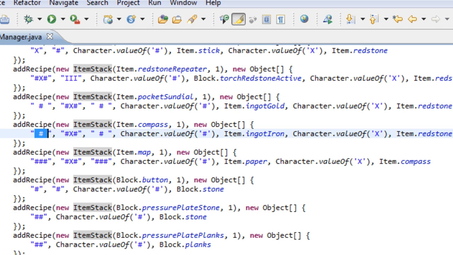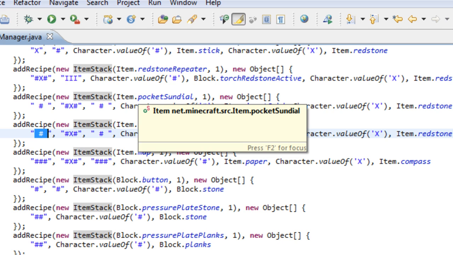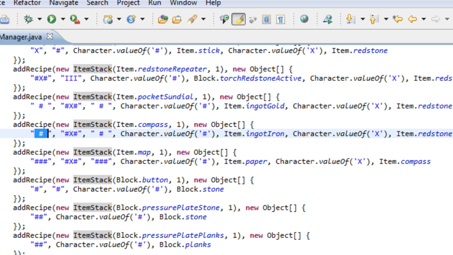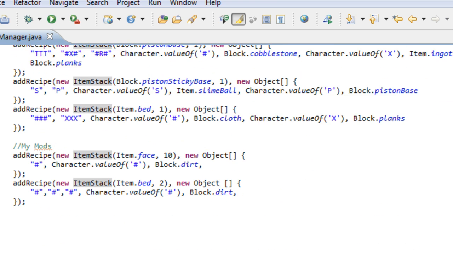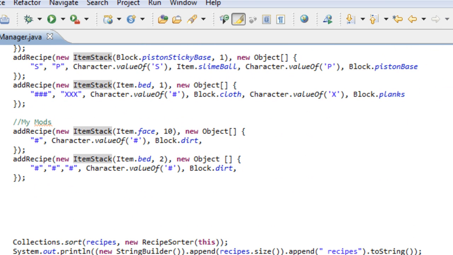space, hashtag, space, and this means it wants a blank, and then it forces the iron ingot into the middle space and then puts a blank behind it. So that basically means that the only place where it can go to create the recipe is in the top middle. So if we want to do the same thing for our little bed recipe, we have to find our